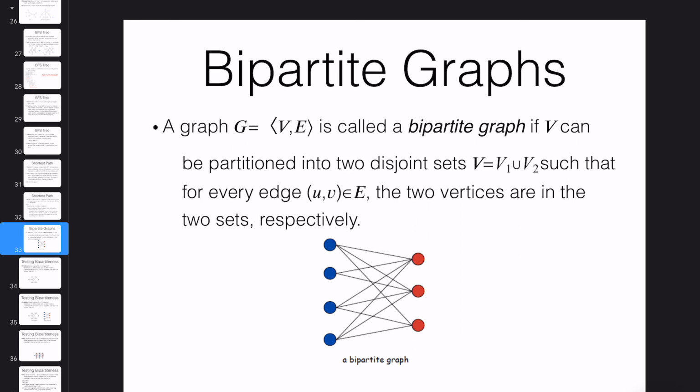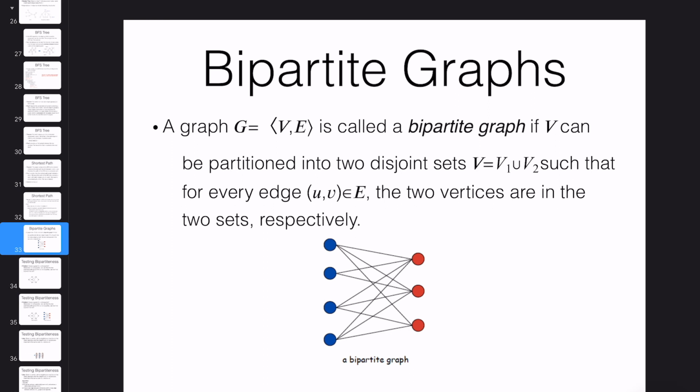We would say that a graph G is bipartite if we can divide the set of vertices, the set of nodes, into two disjoint subsets,